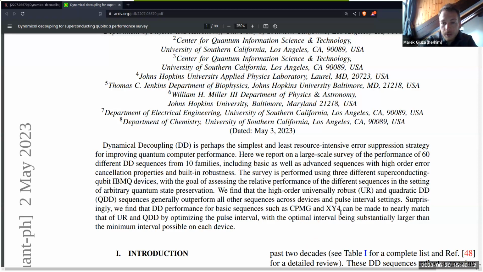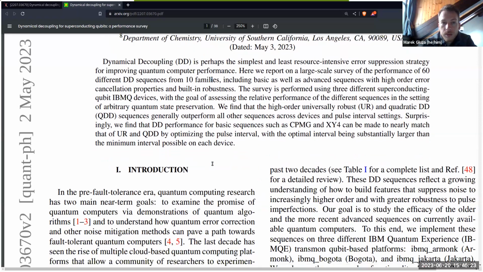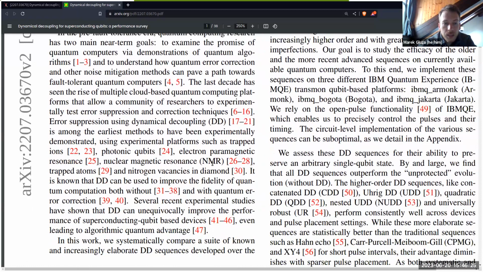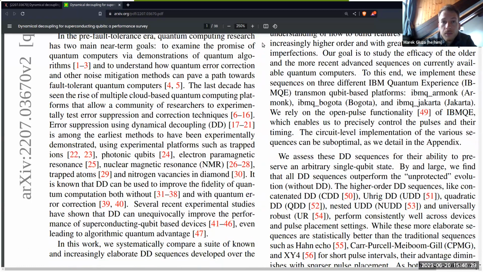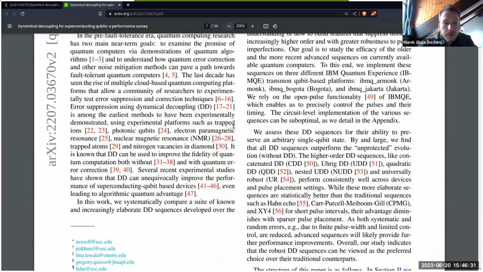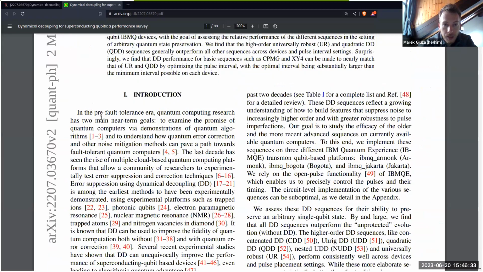So those basic things can match nearly those higher order pulse sequences if you have certain intervals, and it's good if the intervals are large enough. Good. Then, unfortunately, I don't have the time to go through the introduction, but if somebody wants to read it in more detail, you can read it line by line, and